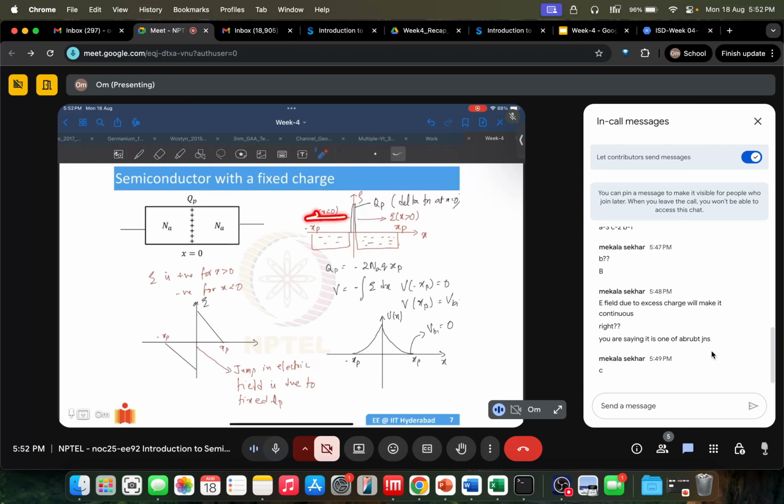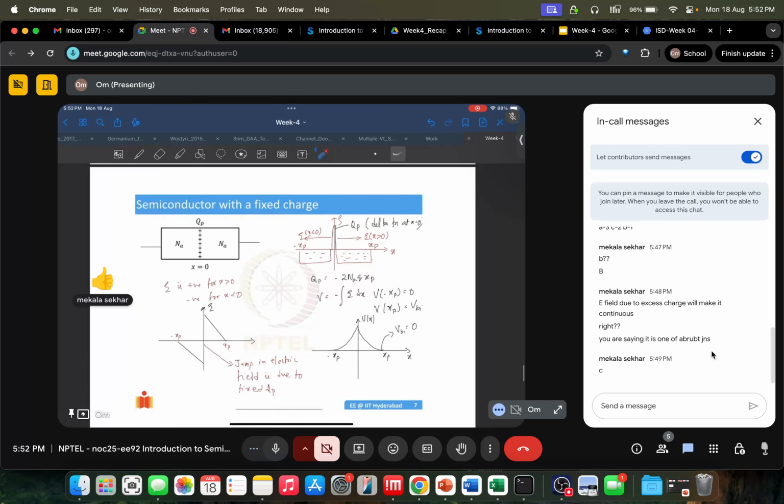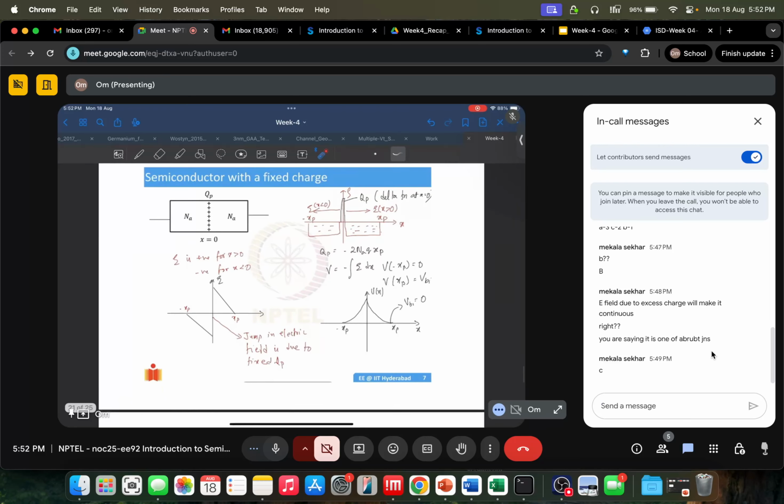So electric field in this direction is negative, electric field in this direction is positive. That's why we have this. And there's a jump in electric field due to this fixed charge. Okay,